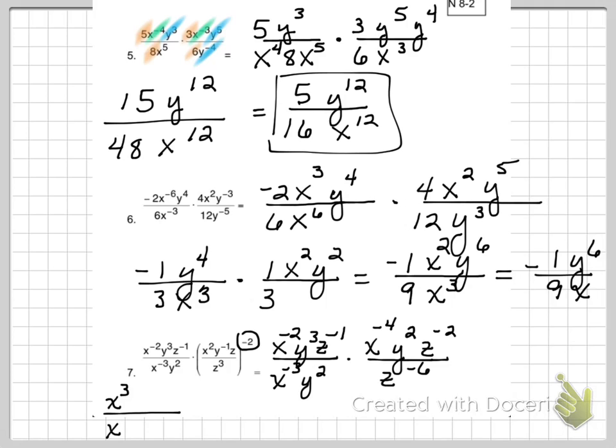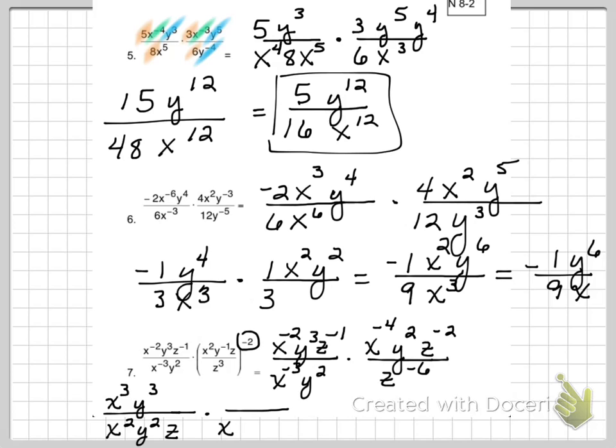X squared go to the denominator. Y cubed stays where it is. Y squared stays where it is on the bottom. And z to the negative 1 goes on the bottom as z to the first. Okay, that's the first fraction. The second one,